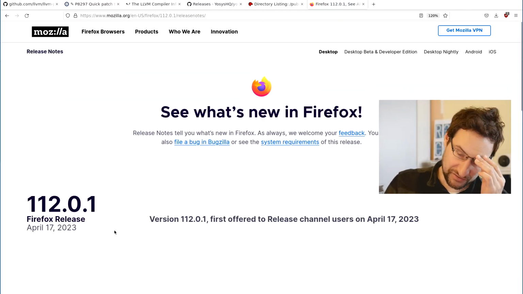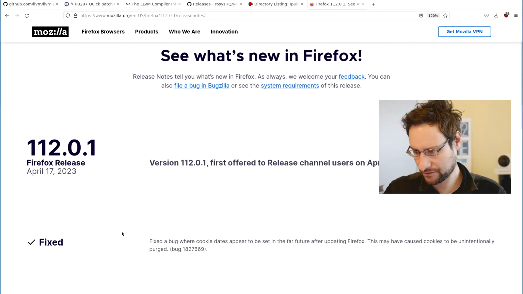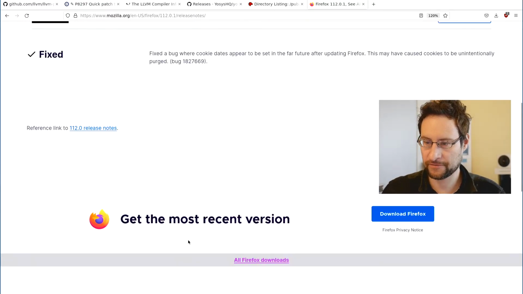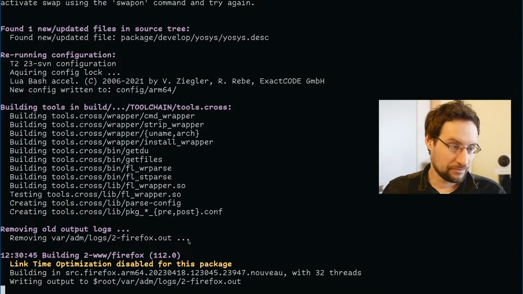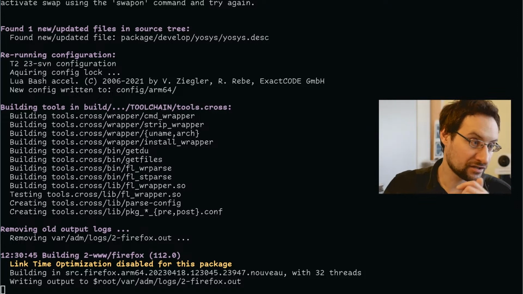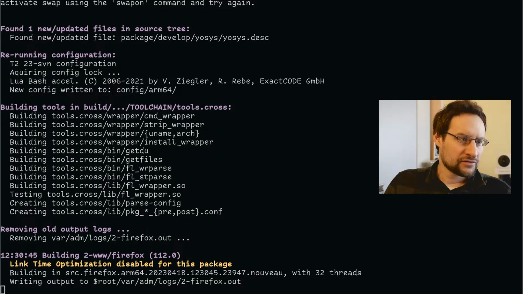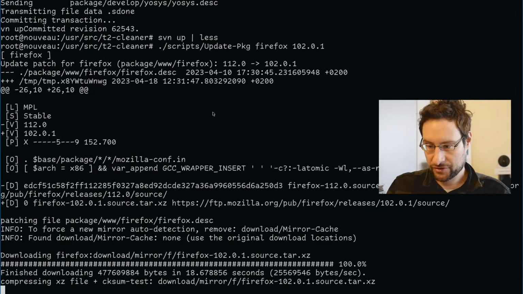Even this probably just came dynamically loaded, right? Fixed bug where cookie data appears to be set in the far future after updating Firefox, causing cookies to be intentionally purged. Okay, that's the most important bug. But of course we take all bug fixes we can. Actually, right, I wanted to. So yeah, can also show you